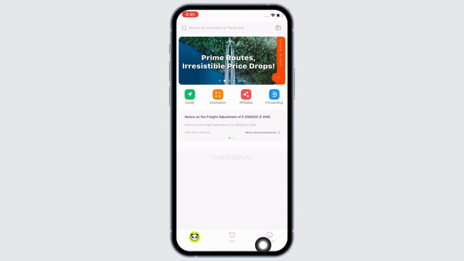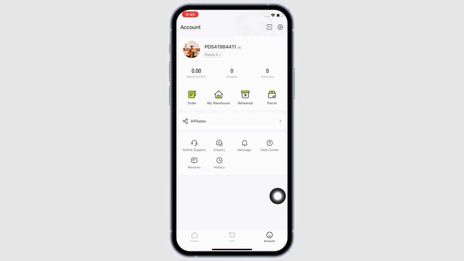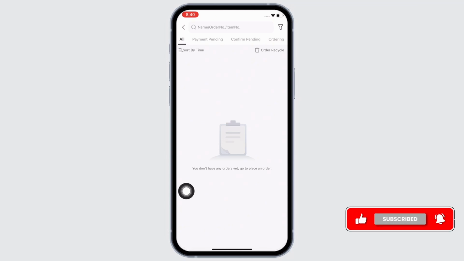Now, tap on the account option on the bottom right of your screen. You will then see the option for ordered. Tap on that. In the interface that you will be led to, you will be able to see all your delivered and ongoing orders. If you cannot find your order here, then go ahead and tap on the search bar